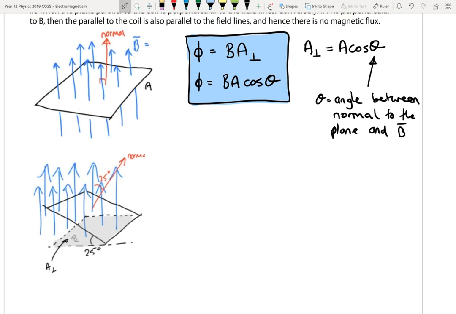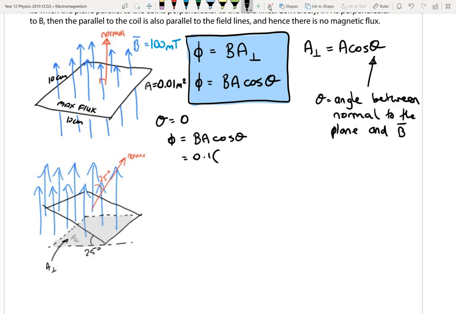Let's look at the first diagram. Let's have an example. Let's say that we have a 100 millitesla magnetic field going up in this diagram. And let's for the time being say that this is 10 centimeters by 10 centimeters. So that's 0.1 squared, which would be 0.01 meters squared. You can see we've got maximum flux in this scenario. Because it is directly perpendicular, the angle between the normal and the field equals 0. So we could quantify it: it's going to be BA cos theta. We'll go 0.1 by 0.01 cos of 0. Cosine of 0 gives us a maximum value, it gives us 1. And we would get